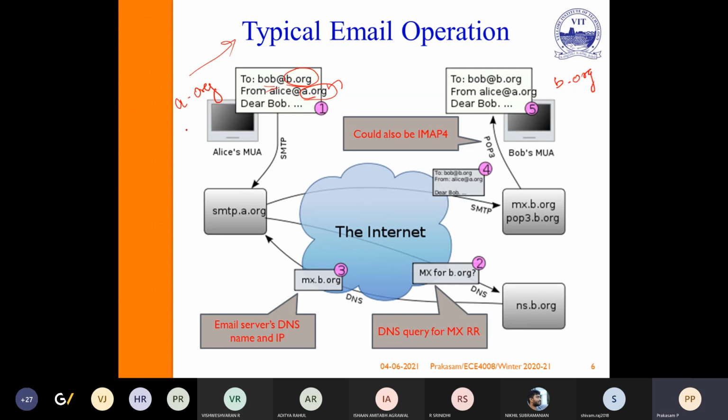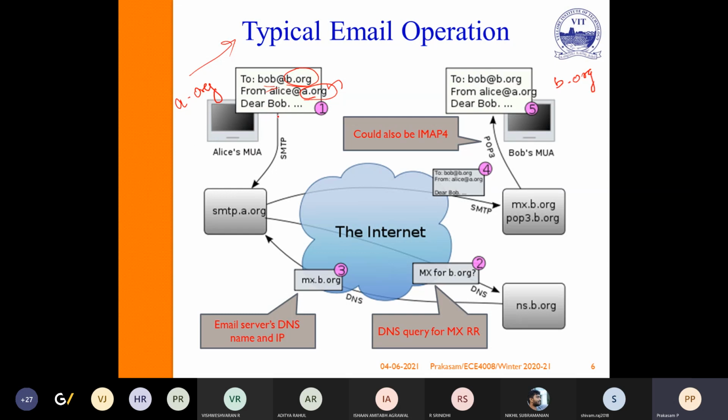Suppose it is only a.org to a.org, then no need for any multiple agent, because both will be in the same DNS. Now if you see here, both are different DNS, because b.org is a different DNS and a.org is a different DNS. So to access that,